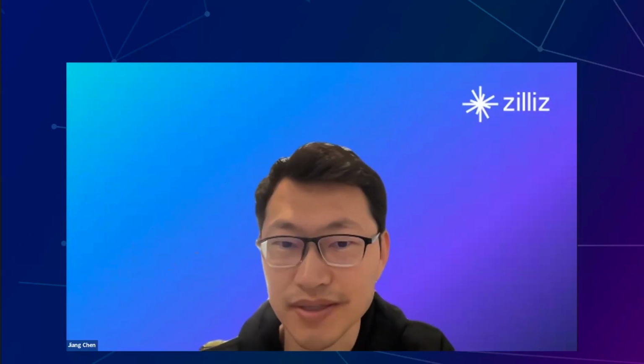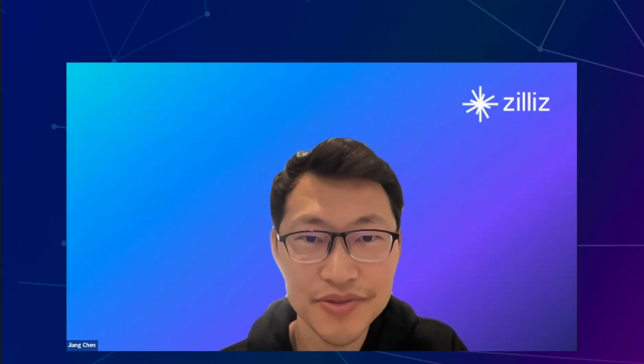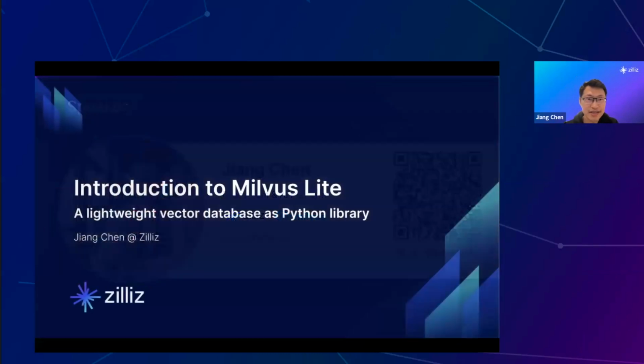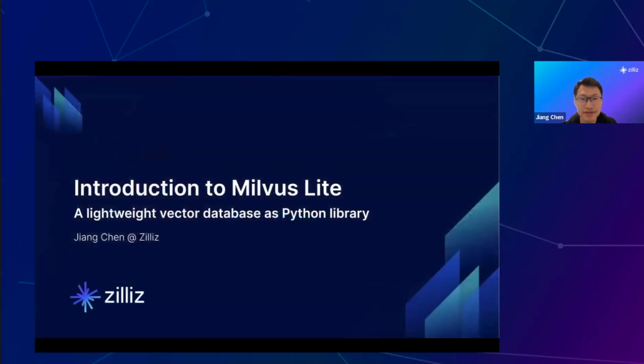Hello, welcome everybody. Let me do a quick introduction of myself. As Stefan introduced, I currently head the ecosystem and AI platforms. In the past few months, other than doing the ecosystem integrations, I've also been leading this Milvus Lite project. Today I'm very excited to introduce this new offering of Milvus to you, which is a lightweight vector database that you can run as a Python library in your AI application. It's super easy to install, super easy to get started with, and I hope you will like it. So without further ado,